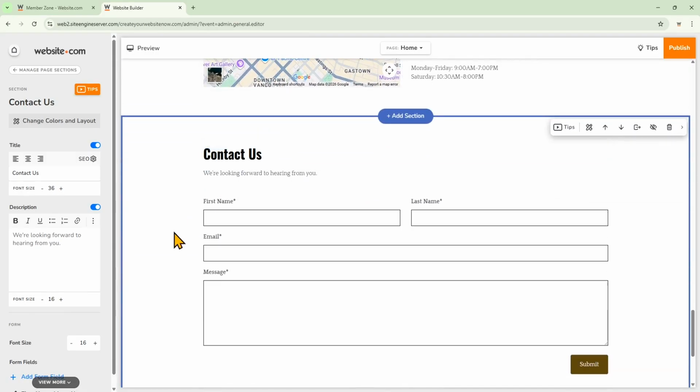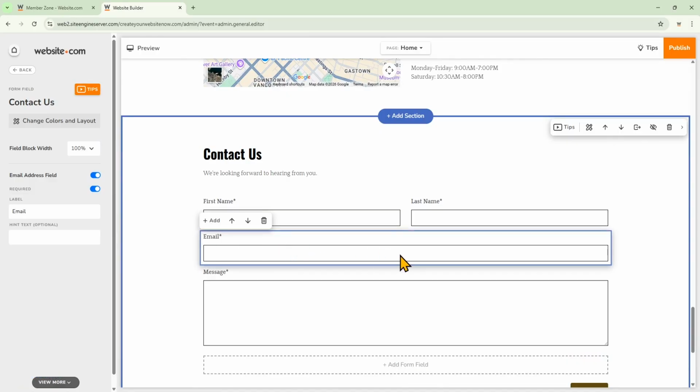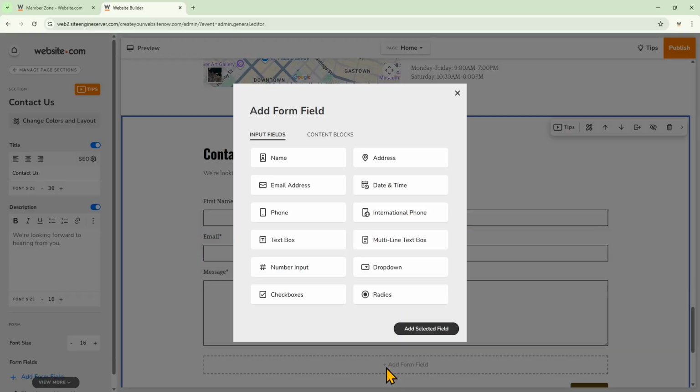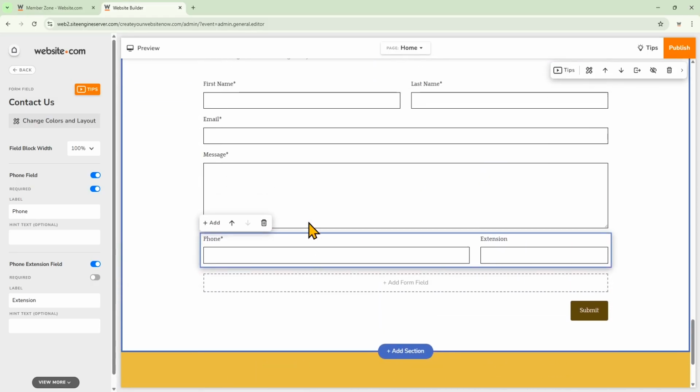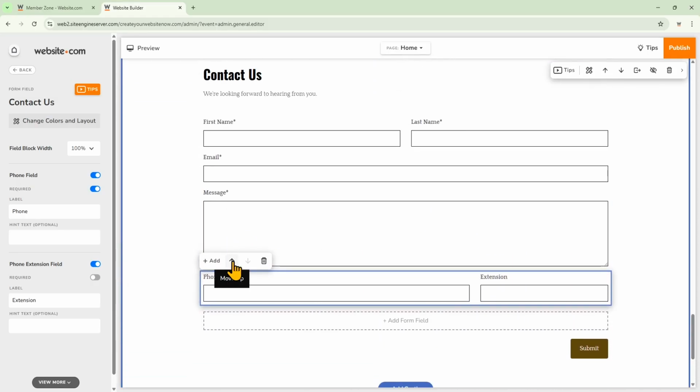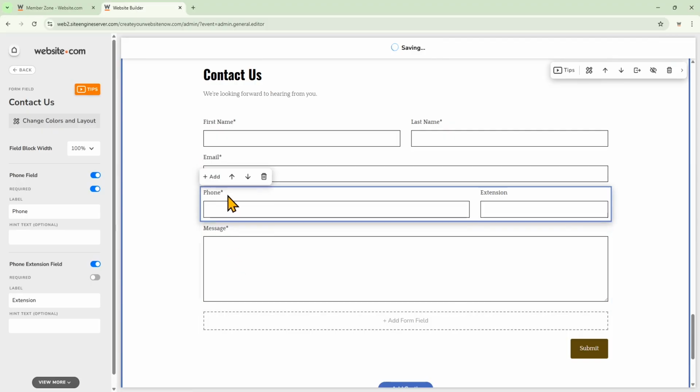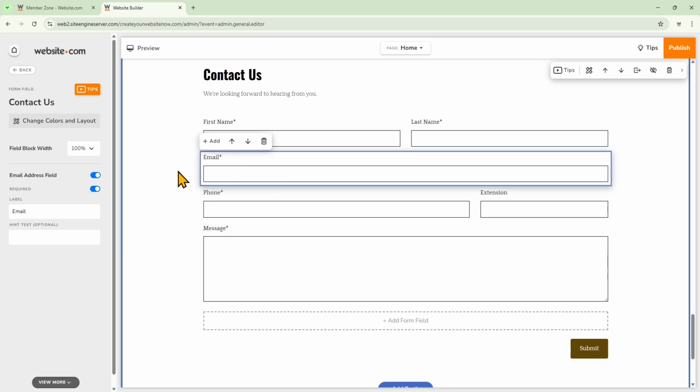We're going to customize it to collect the name, the phone number, and preferred date and time. So I'll just click right on the form. You can see where it says add form field. First, I'll click phone. I've added that field, and if I want this higher up on the form, I'll click there. Right now, it's a required field. If you want to make something not required, all you have to do is click on that field, and on the left, you'll see that it says required. You can toggle that off.